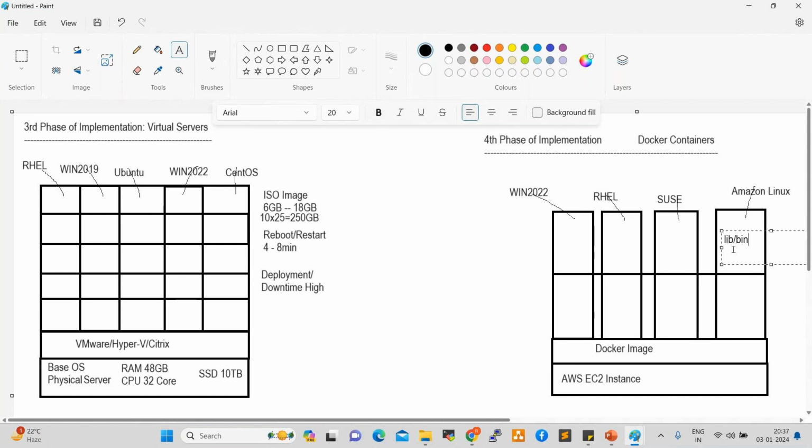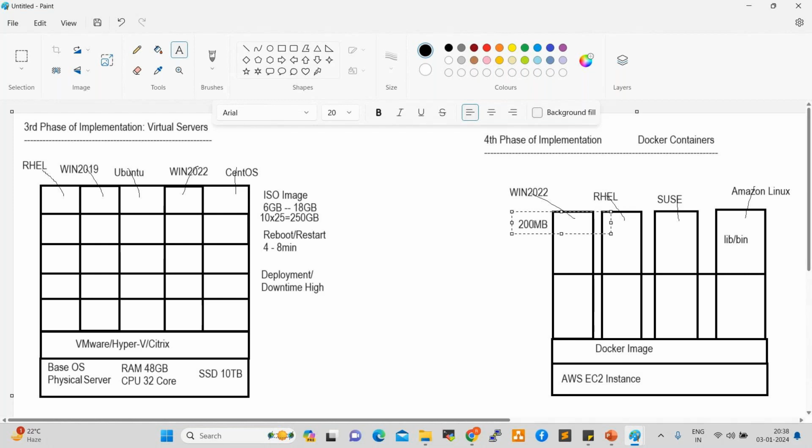When we run the container, it occupies only 200 MB. When you create a server, it takes 6 GB to 18 GB, right? But a container takes only 200 MB because it is lightweight.